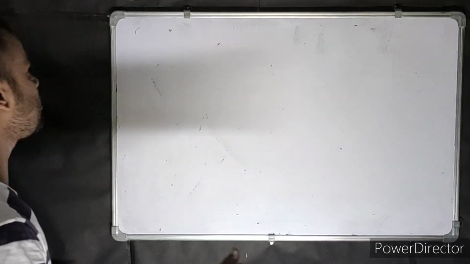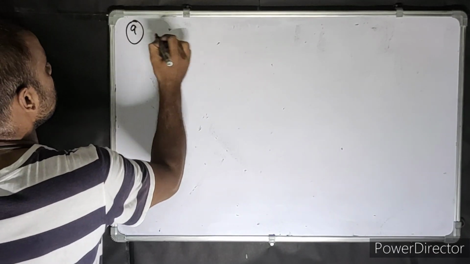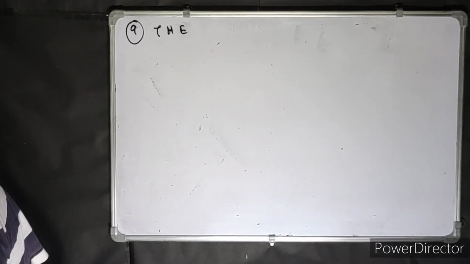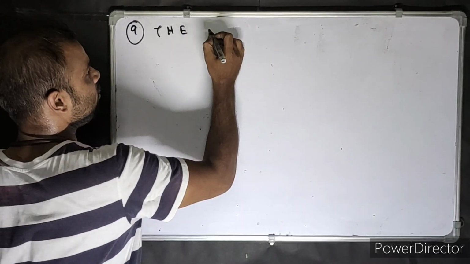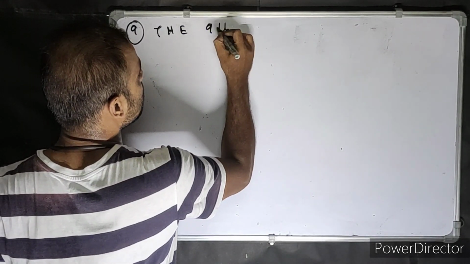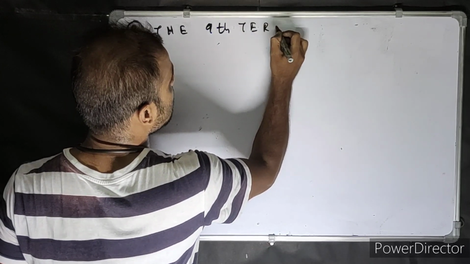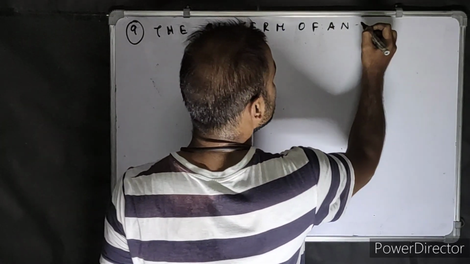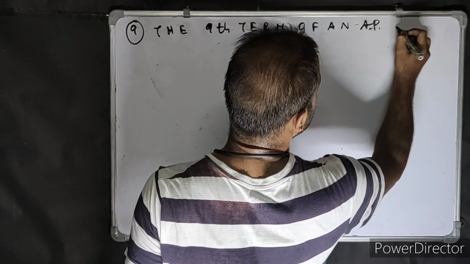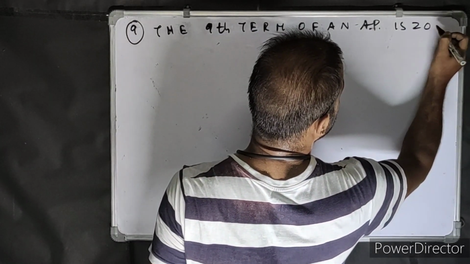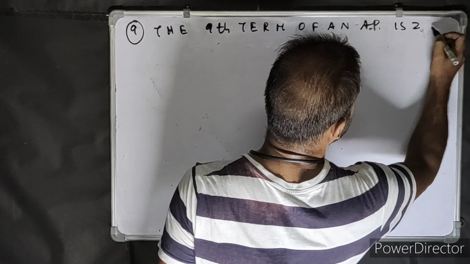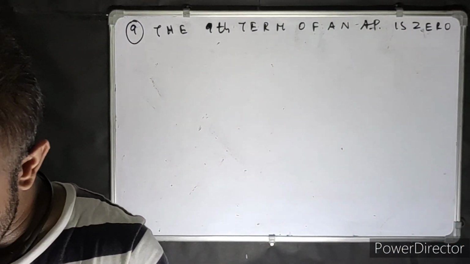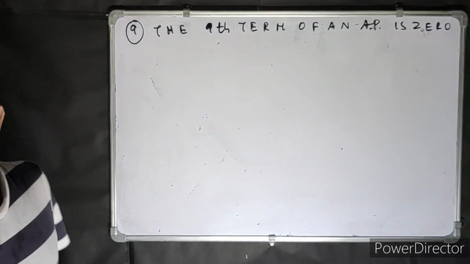It's very, very simple actually. The 9th term of an AP is 0. Prove that